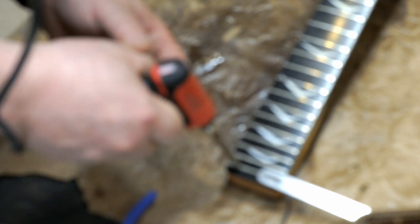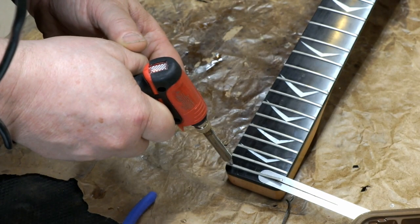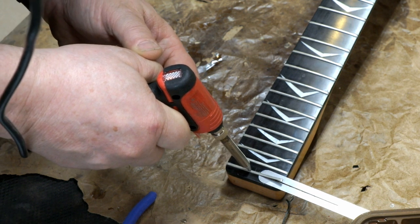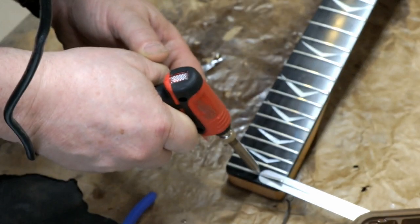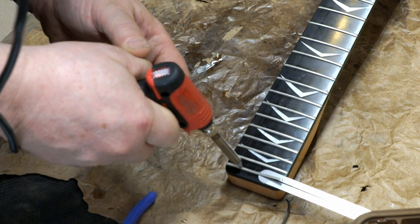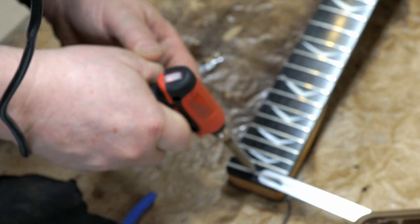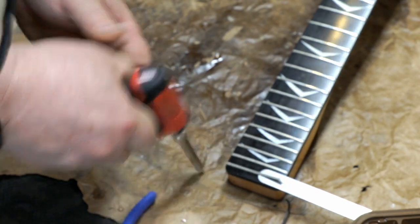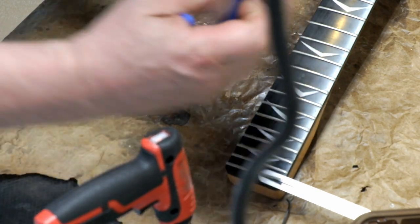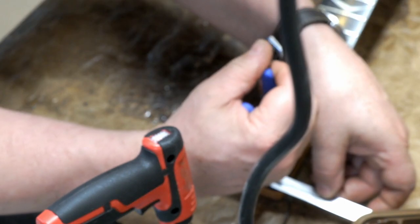Once I found that the end of the fret could pop up reasonably well with the chip stopper underneath, I proceeded normally. I heated the fret with a soldering gun because I had no idea what was underneath the fret holding the tang in, whether it had glue or something else there. It looked like the ends of the frets had some sort of glue on them. The middles didn't seem to have very much, but